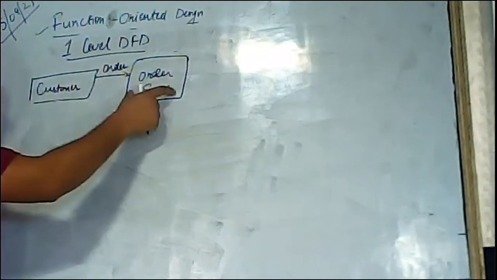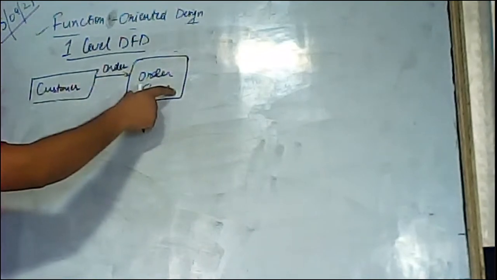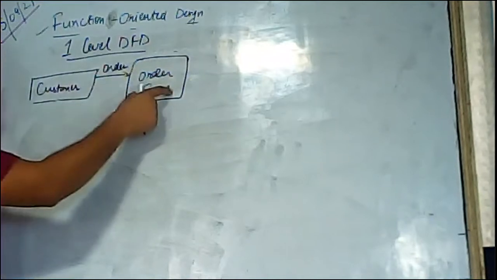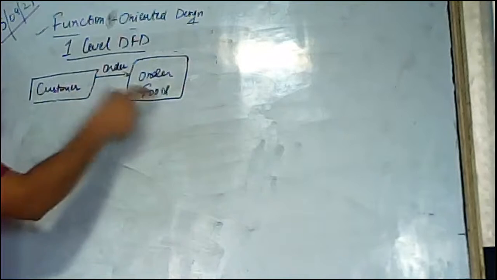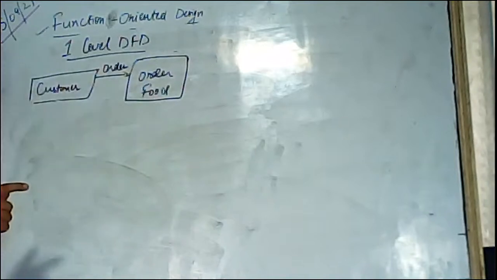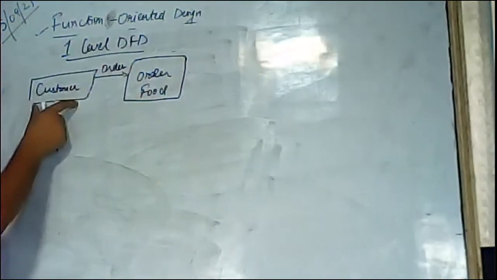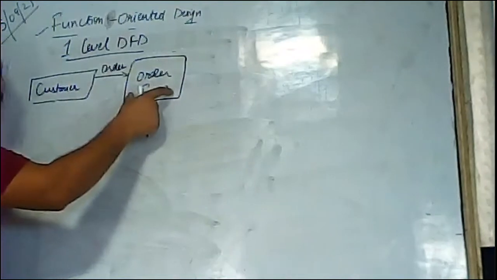There are different modules. We will order the food. First of all, we will click on order food. That is the process that will execute, and that is shown with the graphical method. As the customer, I will first click on order.